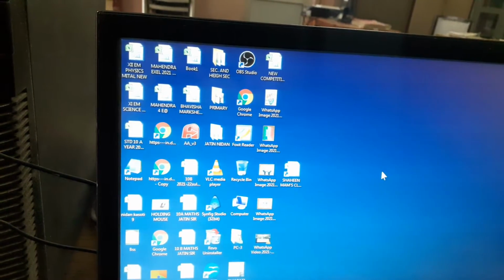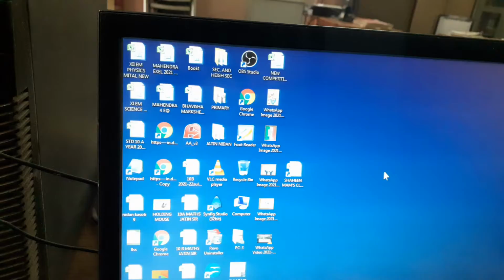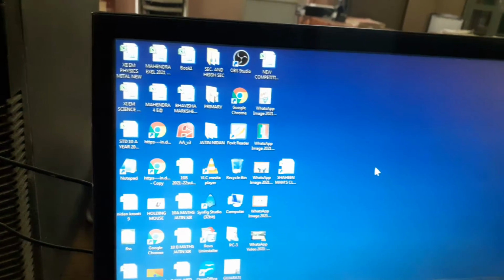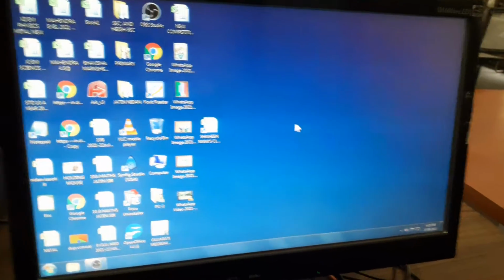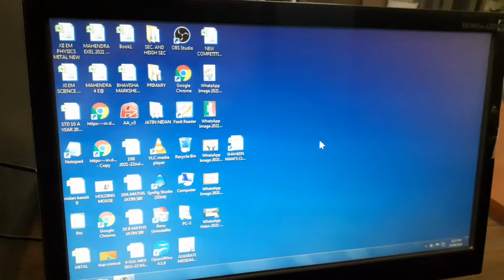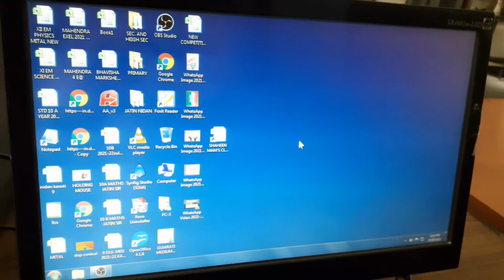Here you can change the size and position of the window, right children? Here some operations are there like moving, maximizing, minimizing, okay?